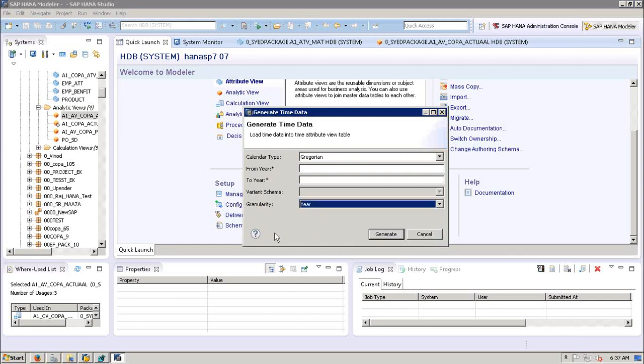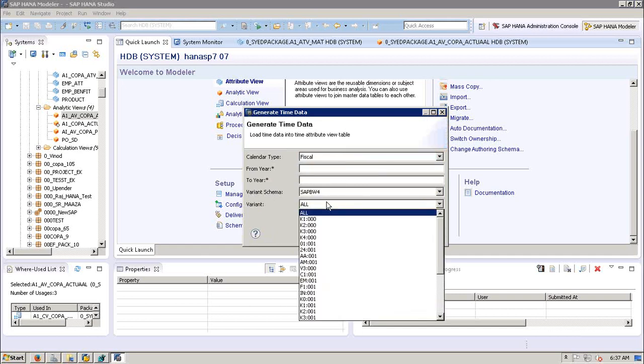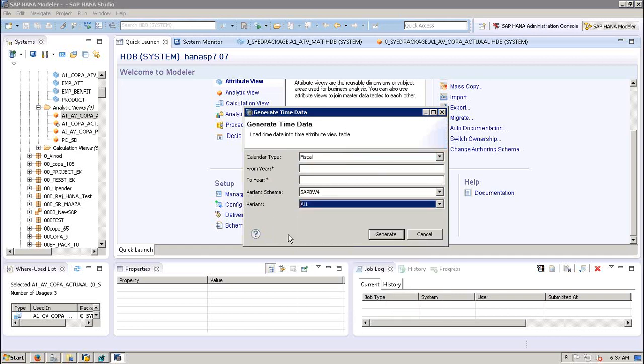If you want to use the fiscal, you could use that and also go all the way to the variant that is defined in individual fiscal variant. Generally, we will use only the Gregorian. If you're using BW system, you use fiscal. So you can click on generate, and this will generate all the time dimension tables on one of the schemas